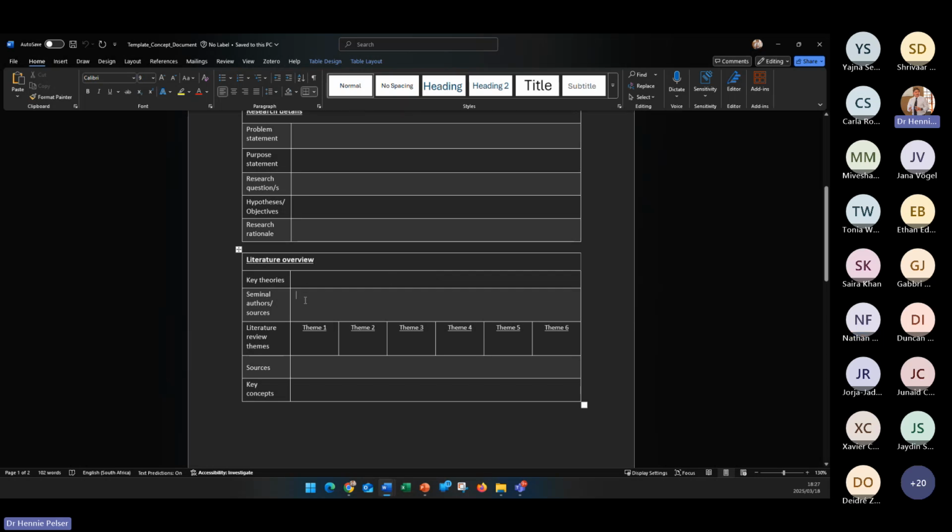Seminal authors, guys, sorry, and I'll jump to the next person. Your seminal authors essentially are the major writers in that particular field. So if you have Research Rabbit, and if you've used Research Rabbit, you will see who the main writers are. So you'll see who the default setting writers are in terms of your theories. So here you'll have your theory by whoever, and then obviously the authors, but others as well.